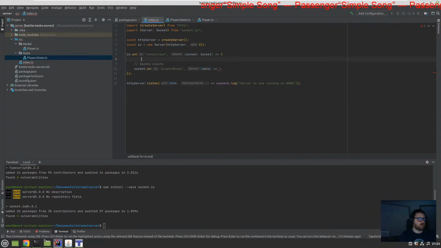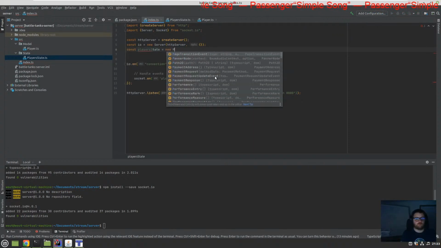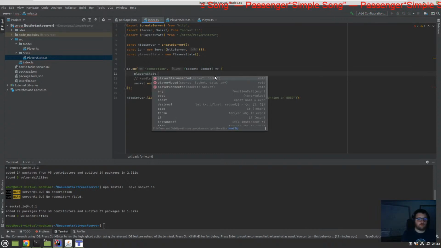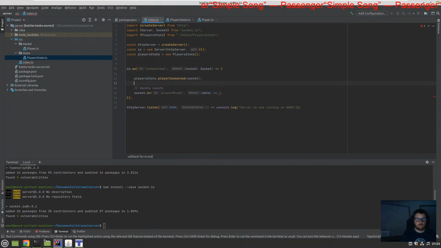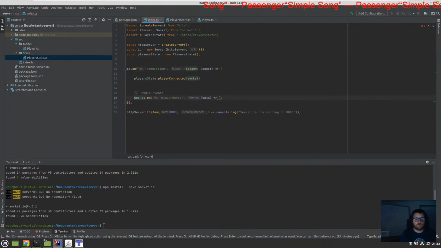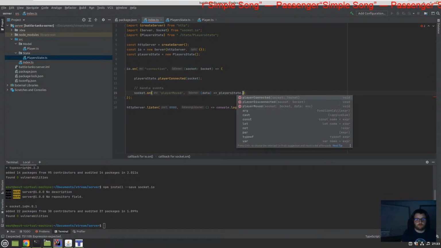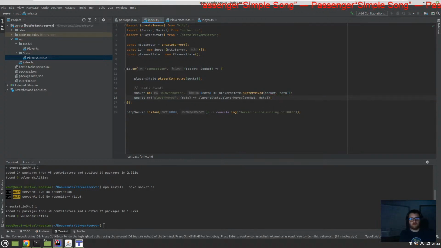So here, when we have a connection, we start. Okay, of course we need to create our player state. So const players state equals new player state. Okay, and here we say player state dot player connect, and we send it socket. So that will create a player and emit it to everyone else, and then we will handle the events. So we have a player moved, so we say player state dot player moved. We send the socket and the data, and of course